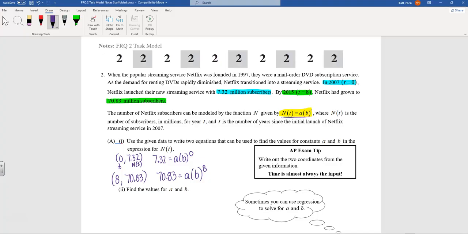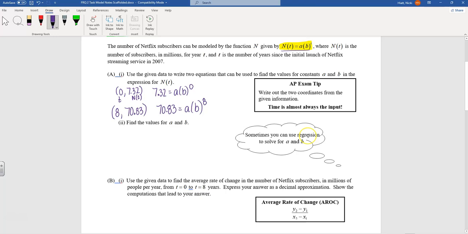Okay. Then it tells us to find the values for A and B. Mr. Passwater has a note here that says sometimes you can use regression to solve for A and B. I'm going to say you can use the regression to solve for A and B. You just have to know how to do it. Be careful. You cannot always use